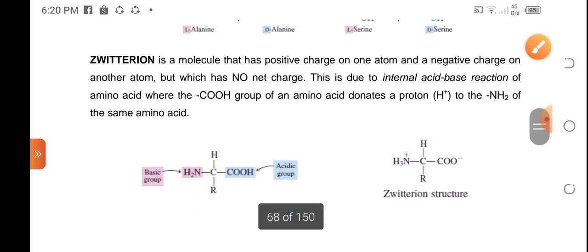Now we also have zwitterion. When we say zwitterion,